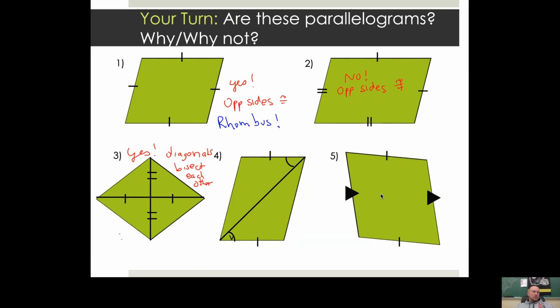Number 5, we're going to skip to that one right now. In this shape, we have a pair of opposite sides congruent, and we have another pair of opposite sides that are parallel. This is not a parallelogram. Your opposite sides, one pair. So maybe I'll write that in there. One pair of opposite sides need to be